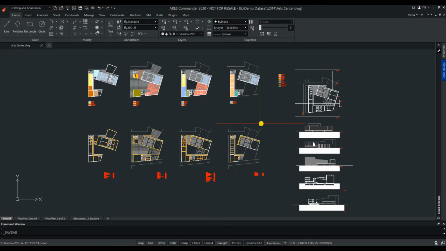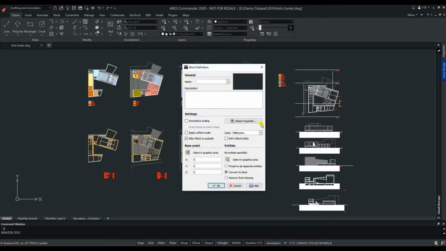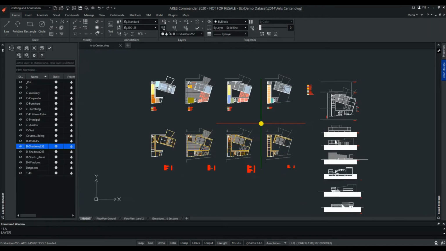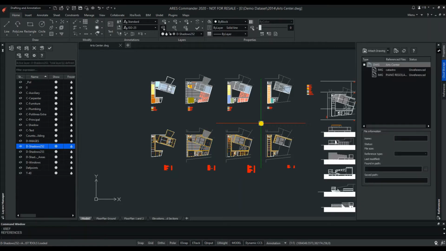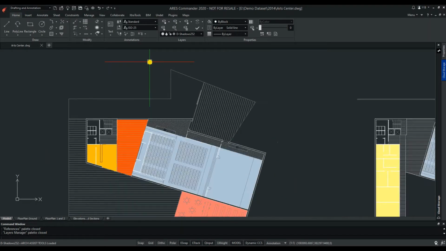The most important thing, Iris has all the commonly used commands of CAD software such as hatch, blocks, layers, xref for your external reference files. Everything is there in Iris. Iris has all these commands plus additional productivity tools, which makes Iris a very unique offering. I'll talk about all those productivity tools one by one.